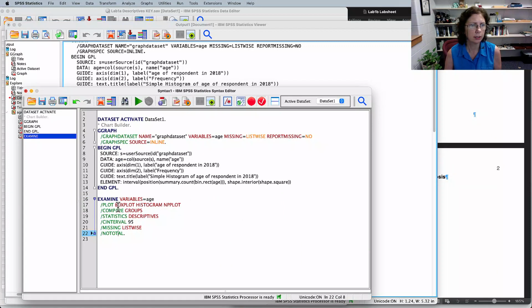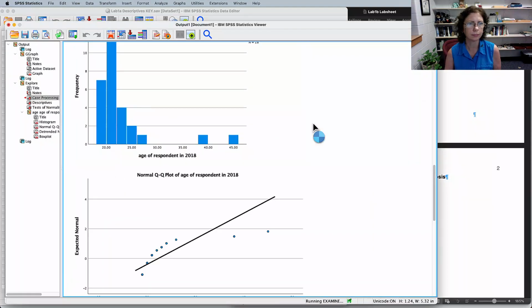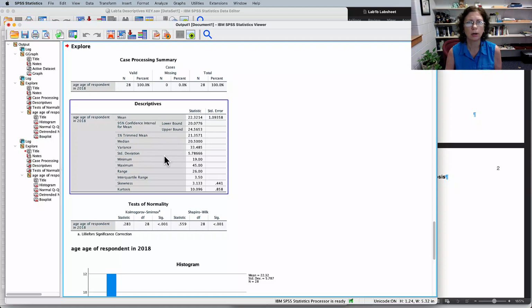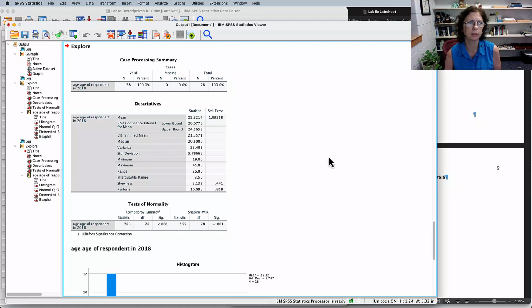And here it's telling us that it's going to run the function examine, that's what explore is, with the variable age. It's going to give a box plot, histogram, and the normal probability plots, and these other items. So let's run this. And here we go. We have the descriptives, which has all of those summary statistics, including the mean, the standard